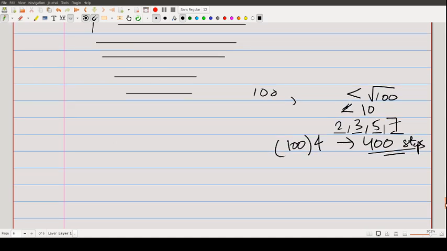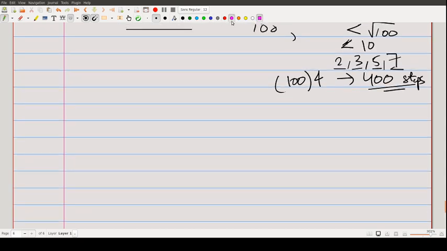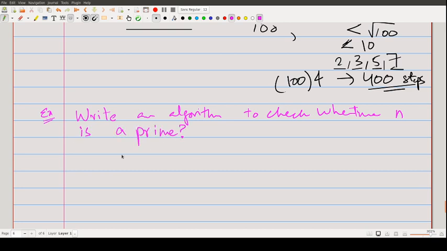And okay, here is an exercise. Write an algorithm to check whether n is a prime, and the next thing is, what is the complexity of this algorithm? What is the complexity of this? And whatever the complexity of this algorithm is, you will remember that you will need to run